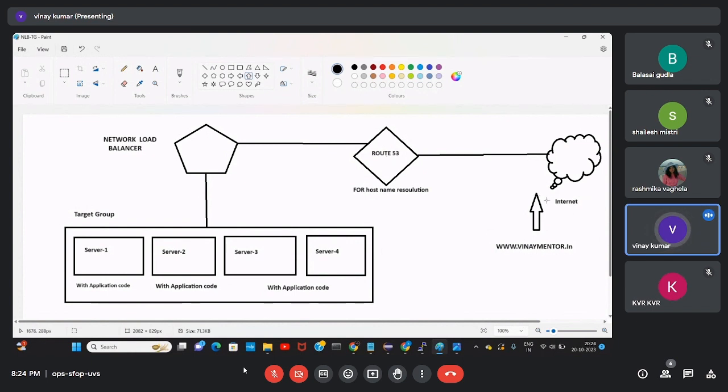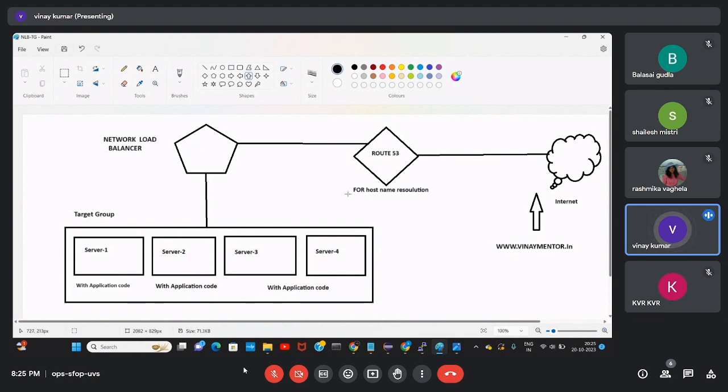First of all, it will go to GoDaddy. GoDaddy contains some values from Route 53. Then it says those values are maintained by a particular account in Route 53. Then it will reach us to Route 53. Then we have integrated our load balancer to Route 53, right? Then it will connect to the load balancer. Then the load balancer uses the target group and servers, and then it will reach our server.